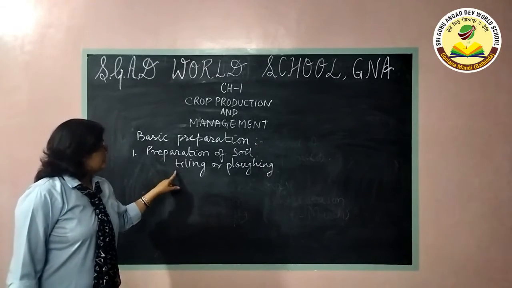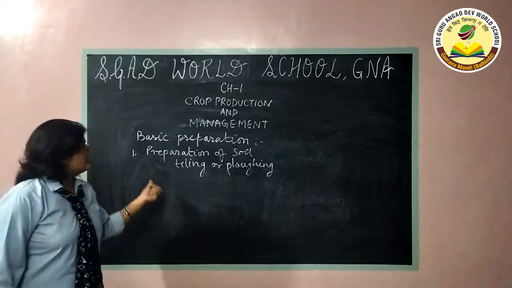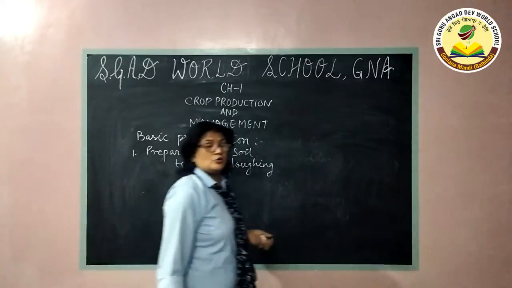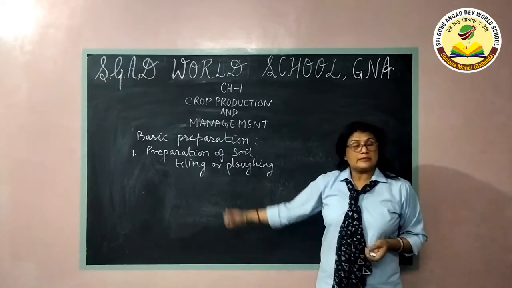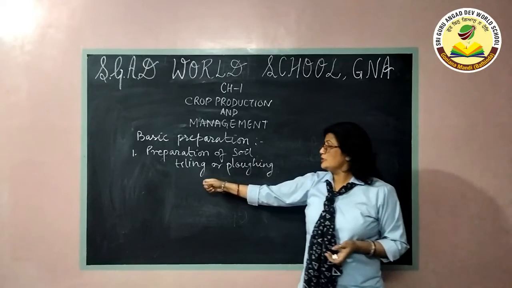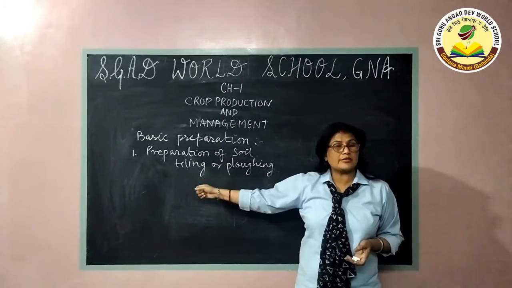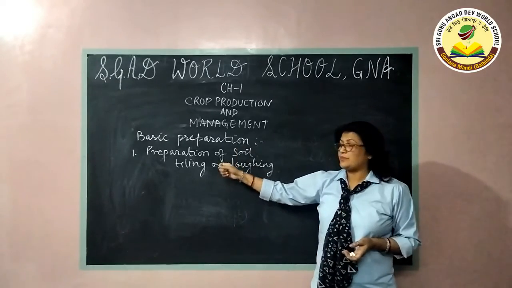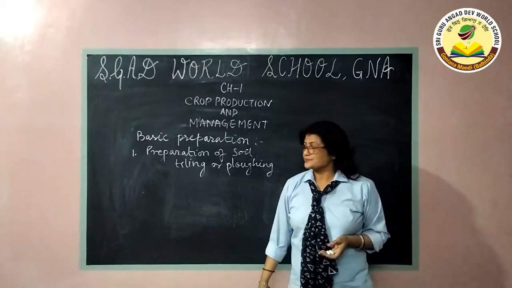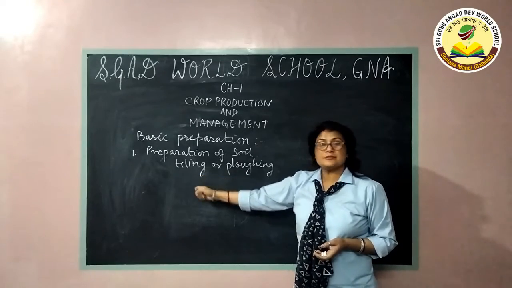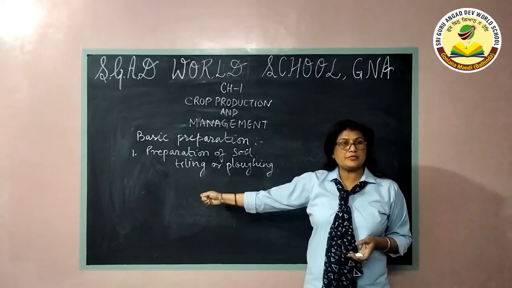Here first we will see why we need this preparation of soil. As the surface of soil is hard, to loosen it, we do the plowing or tilling of soil. This tilling helps the soil to get loosened and get proper aeration. Aeration means to get a better passage of air. This air helps the plants or seeds to get proper air, humidity and sunlight.